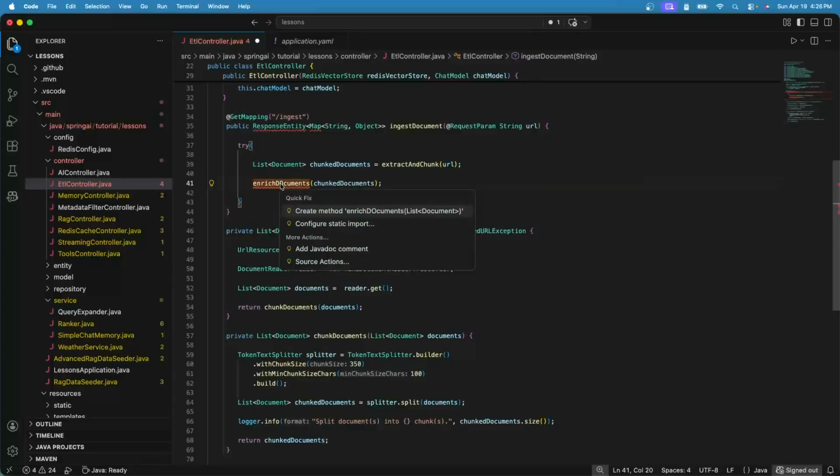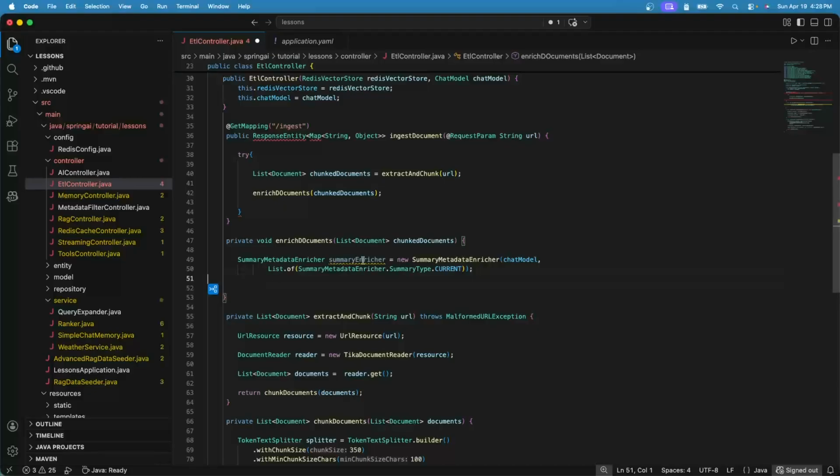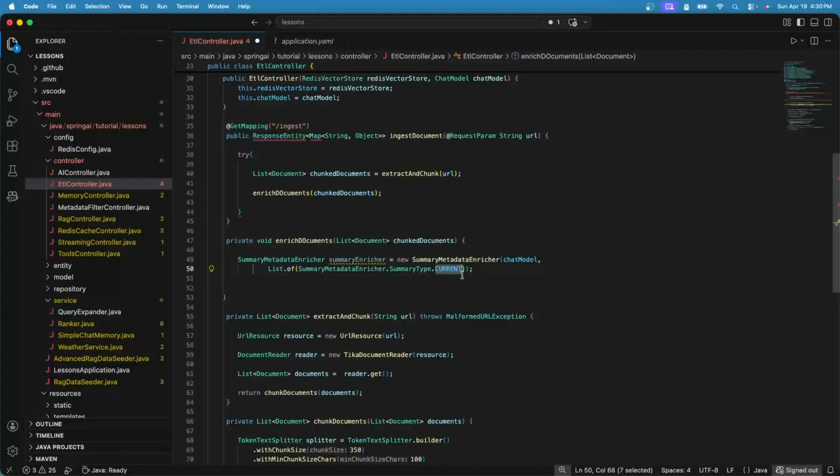Let's implement the method. Spring has implemented two types of enricher. One is the summary metadata enricher, which takes the chat model and a list of summary types. There are many options here. If you see current, next, previous. So when you specify current,